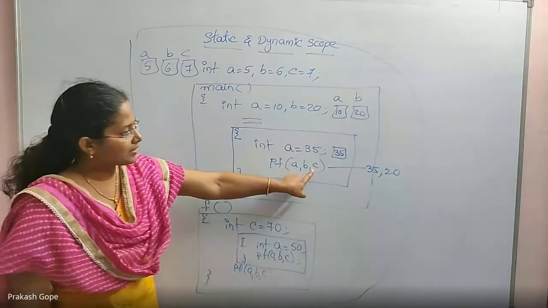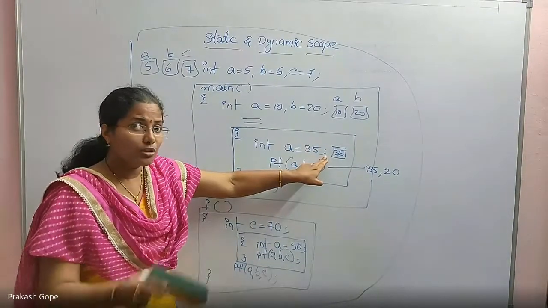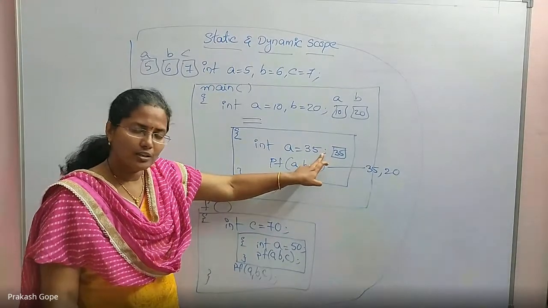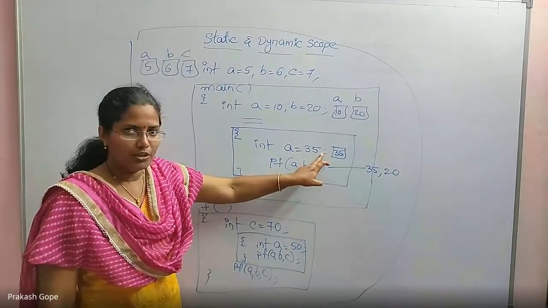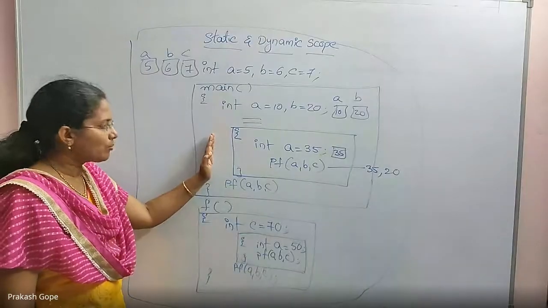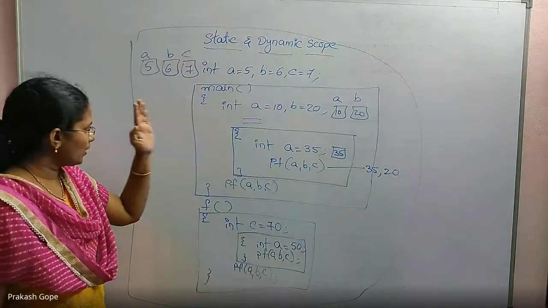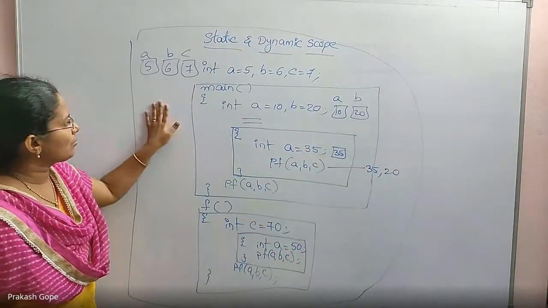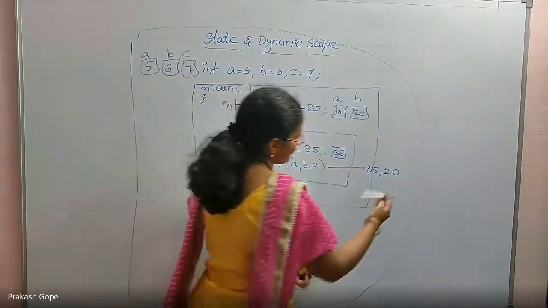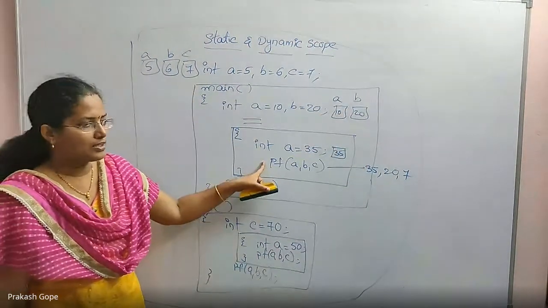So whenever I am accessing a variable, I am looking for the local declaration. If it is local to that block, not local to that function, local to that block, if it is there, yes, I am trying to access that variable. And if it is not declared over there, I am accessing its outer block's variable. C is not defined over here, so I will come to its outer block's variable, which is obviously the global variable. So C value in the global is 7. So that is this printf.